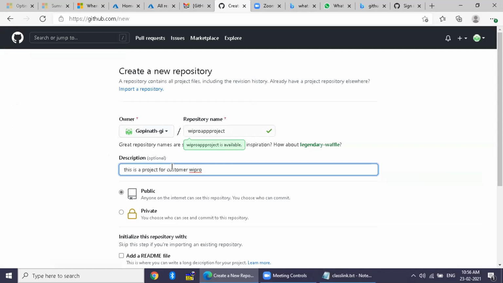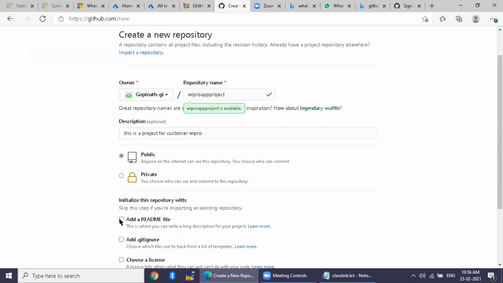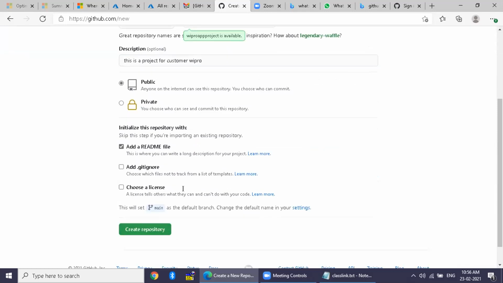When you are working in an organization, you have two choices to make. Number one, is your project visible to everyone, or is it only visible to you and someone who can use the repository? Let's say for the sake of this we are using public. The next line item says you can put a description about this project in a readme file. So you have an option to add a readme file, right? And click create repository.